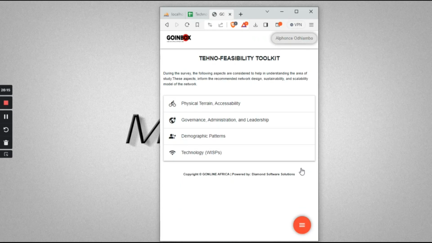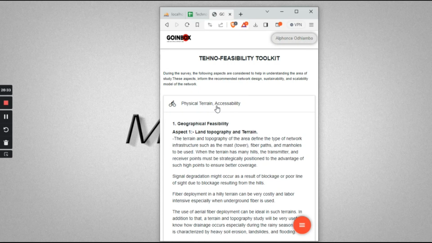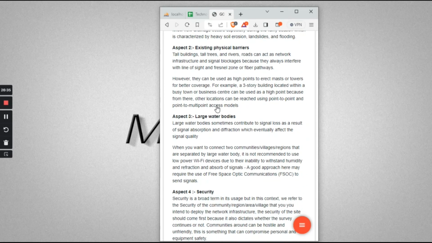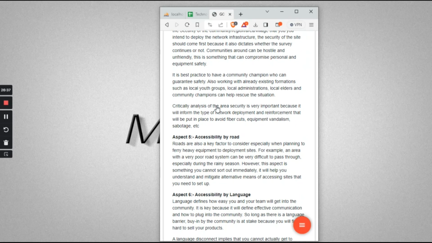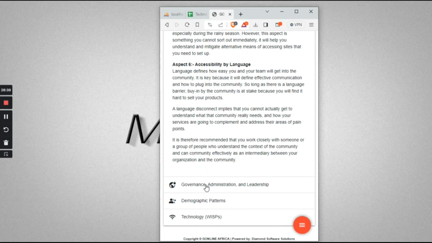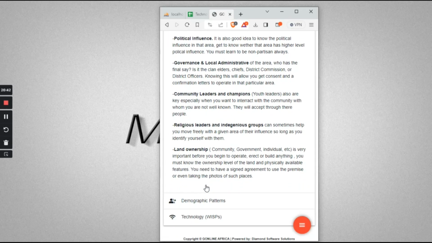So I've given this kind of a toolkit so that you can learn about how to do a physical or terrain accessibility study, governance, administration, and leadership. It's very rich content here that will guide you on every aspect of how to engage. And then once you are done, you can go to governance and also look at what it covers. So things around political influence, governance and local administration, community leadership and champion, religious leaders and indigenous groups, land ownership,